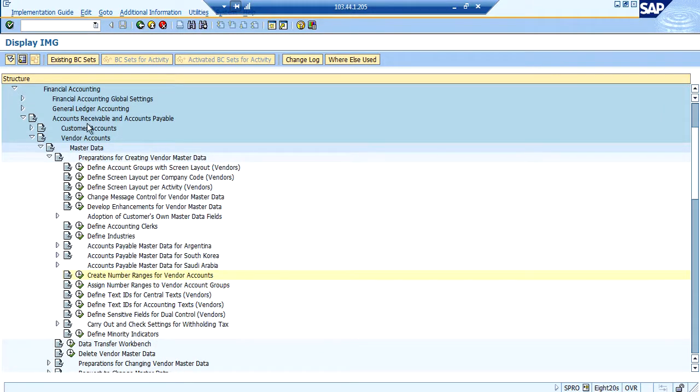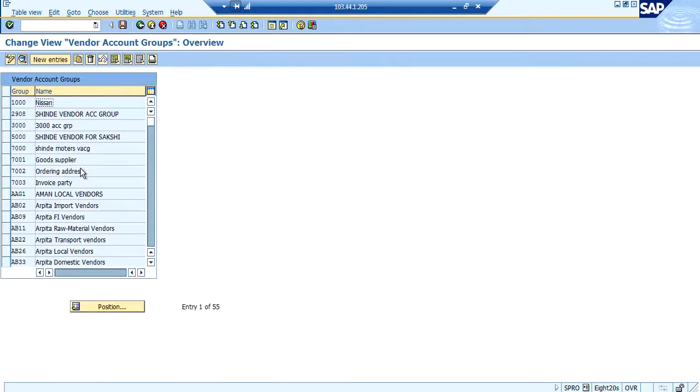Now here, if we go to financial accounting, account receivable and payable, vendor accounts, master data, here we can see different account groups. These are the different vendor account groups that already exist.